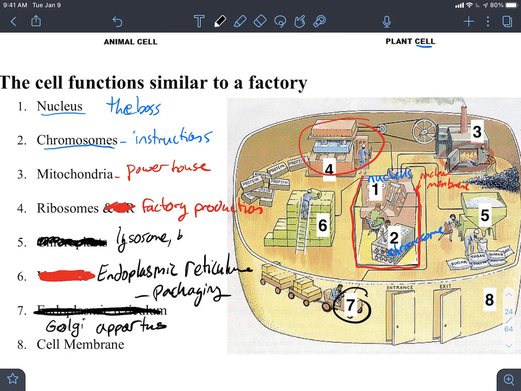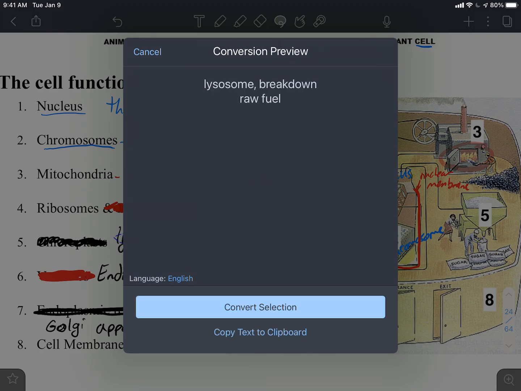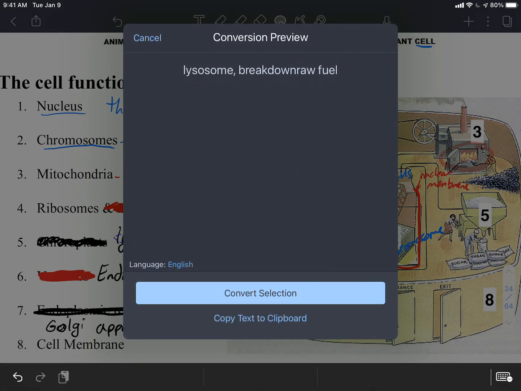It breaks down raw fuel for consumption. Breaks down raw fuel. Okay, I'm going to have to make that one text because my typing is really bad there. Okay, lysosome breaks down